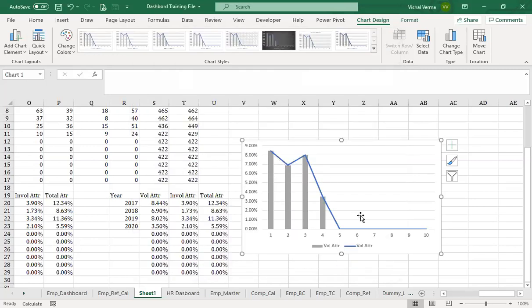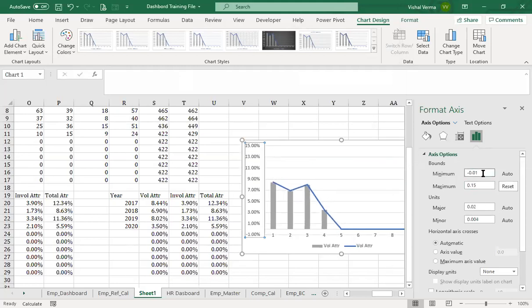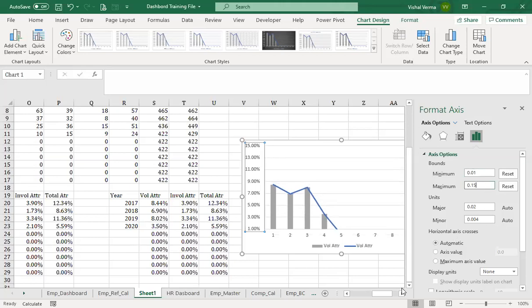Okay, so we got this one chart above the other. For making different charts, you can go to one of the courses that is there on data visualization in Excel. So just do it here. We need to add a maximum; we have a maximum of 12%, so let's keep it as 15%. So it will be 0 to 15. Let's remove this minus. It can go to the maximum.